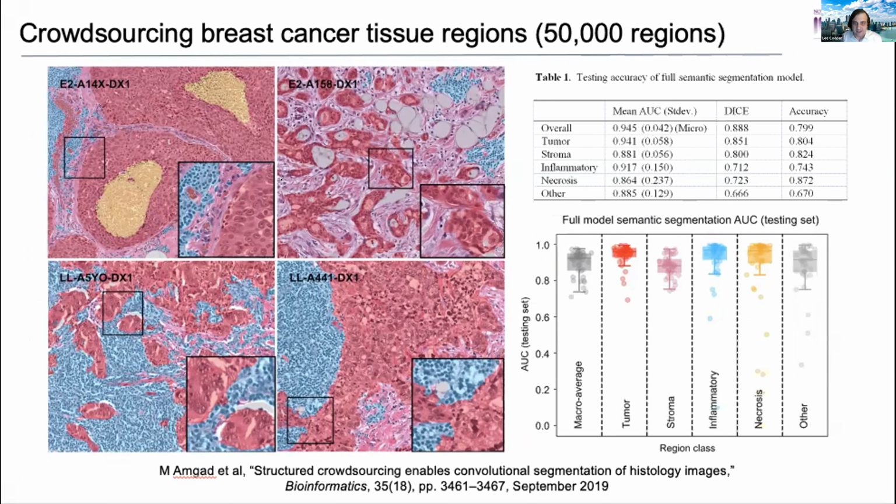So what I'm showing you on the left here, these are actually segmentations generated from a computer. These are on cases from medical labs that were held out of the training set. So these are from labs that have not been seen by the algorithm before. And it's really pretty accurate. If you look at this, it's hard to tell whether this is done by a computer or a human being.